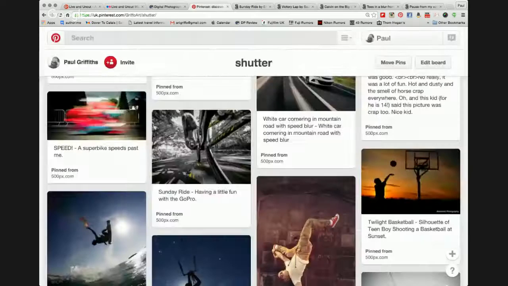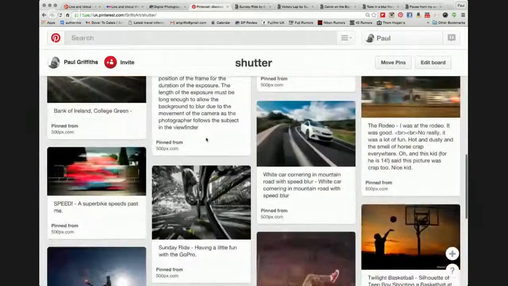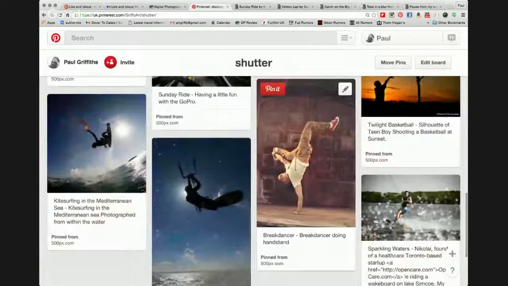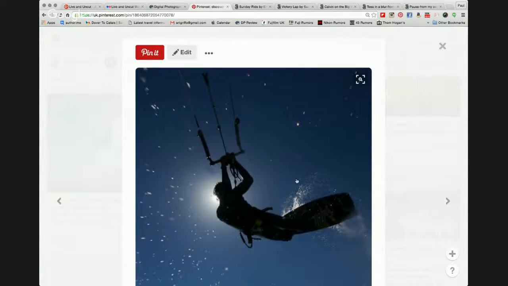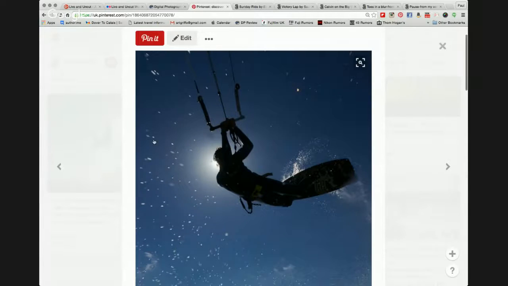So let's just go back one more thing to look at some other images where the photographer has stopped the action. And this is a classic example. The surfer, all these water droplets literally just stopped as they're spraying up. And he's got the surfer there following behind the boat, being pulled along by the boat. Another windsurfer this time. Again, just a little bit of blur for the droplets, but again, he's got this sharp